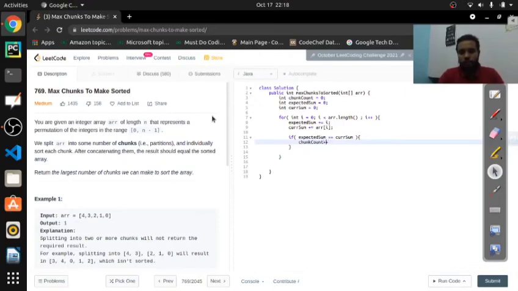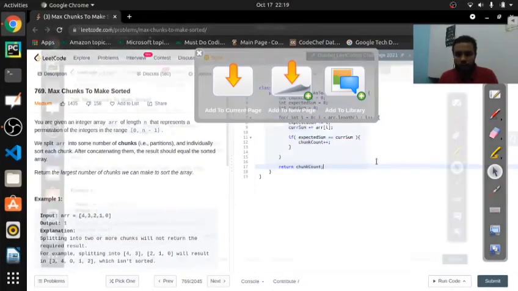Then when this loop ends, we have our answer, and we can simply return chunk count. Okay, this is the solution. Let's try to do a dry run for this to check if it is working fine or not.